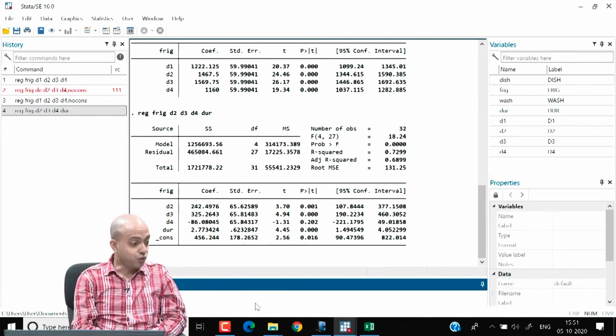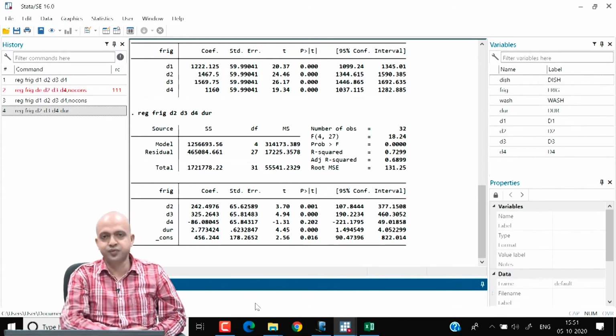Okay, and it also shows that the impact of the quantitative covariate, which is expenditure on durables, is highly significant. For every additional unit expenditure on durables, your sales in refrigerator increases by 2.77